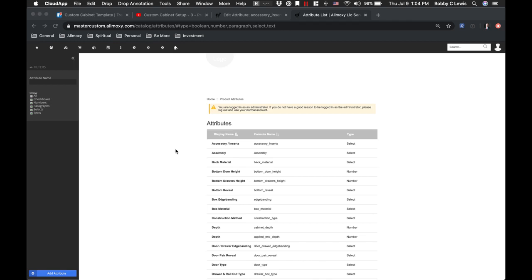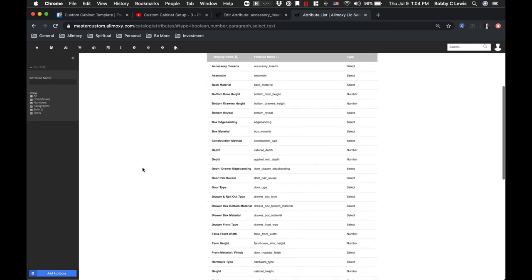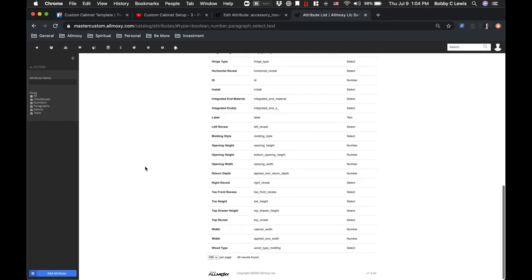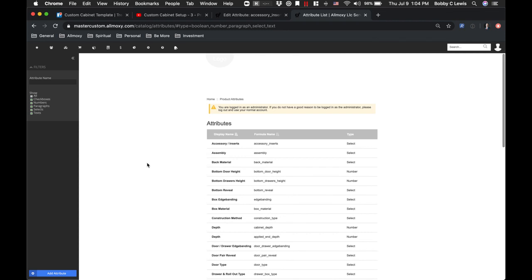Product attributes are paramount to being able to get your catalog set up properly. If you go to e-commerce and product attributes, it brings you to the product attribute page. Essentially every single product attribute has to have an answer of some sort. They're given defaults, but in order to make sure that your product's functioning how you would like, you're going to